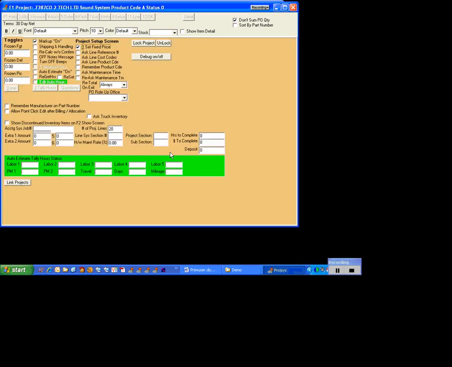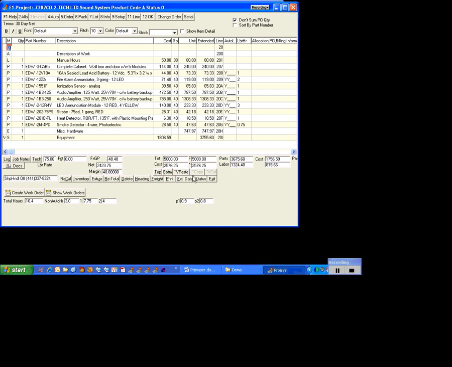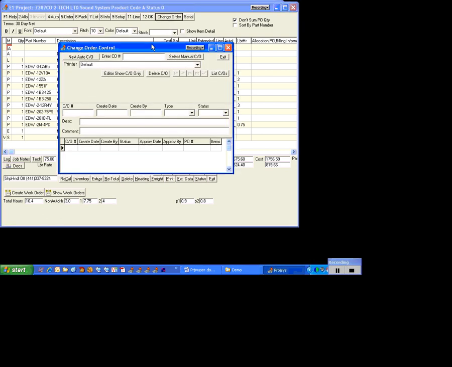And we click over here, and notice we have $5,000 set fixed price, and we have the change order control module visible. Now, we are able to make changes to this project, and the system will record those changes. What we'll first do is create a change order. This is the change order screen, and we can create a change order numerically, just sequential change orders, or we can put in a set of letters, and I'll just call this AA